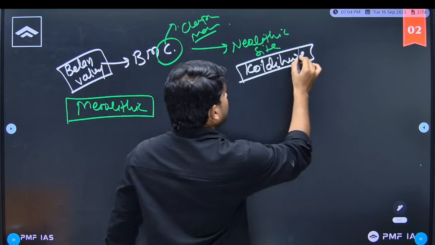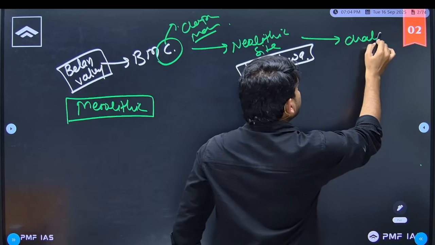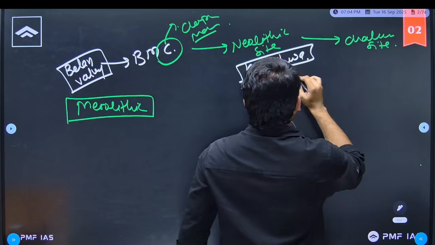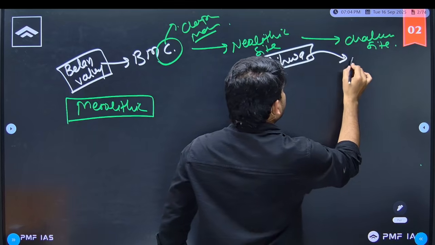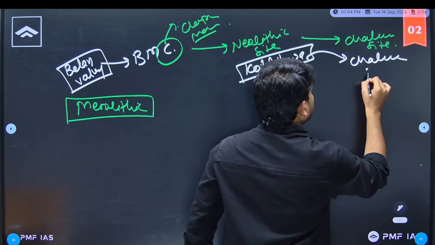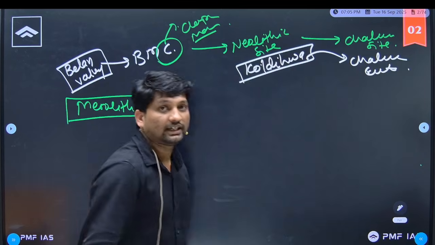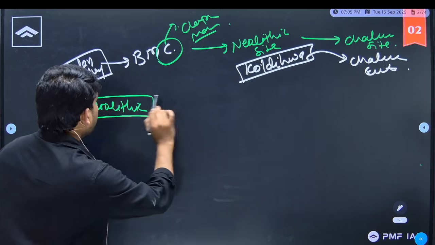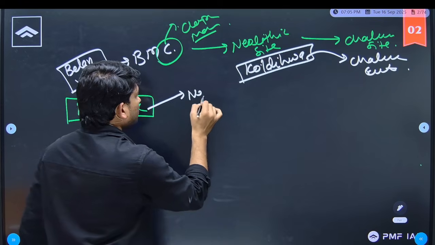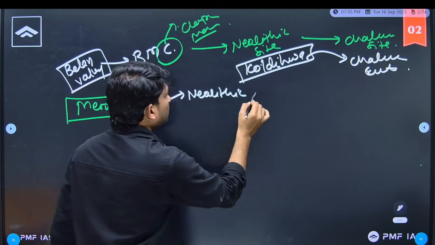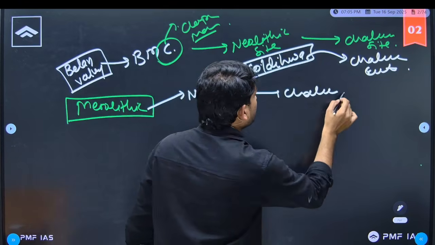After these Neolithic sites, there are a few Chalcolithic sites. Same sites in the next phase show the evidence of Chalcolithic culture. So these are Chalcolithic sites. So this transition from Mesolithic to Neolithic and from Neolithic to Chalcolithic is true for this Belan Valley,